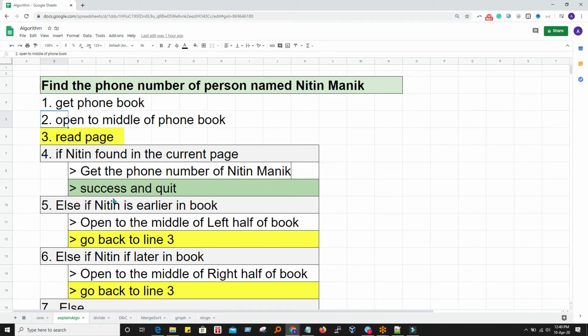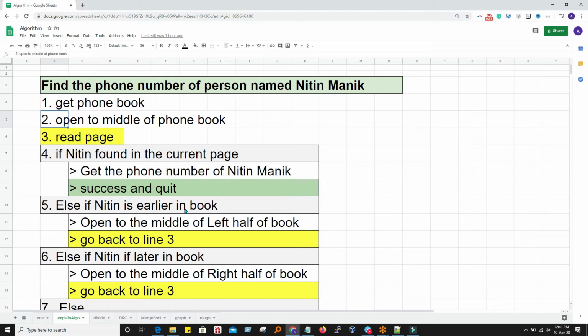Otherwise, if Nitin is not on that page, now there are two chances. Either Nitin is on the left-hand side of the book, or Nitin is on the right-hand side of the book. Now, how do you know whether Nitin is earlier in the book? Because the phone book is alphabetically sorted. So you know the middle page you have opened, and you know what alphabet is there on that page. If the alphabet is less than N, that means